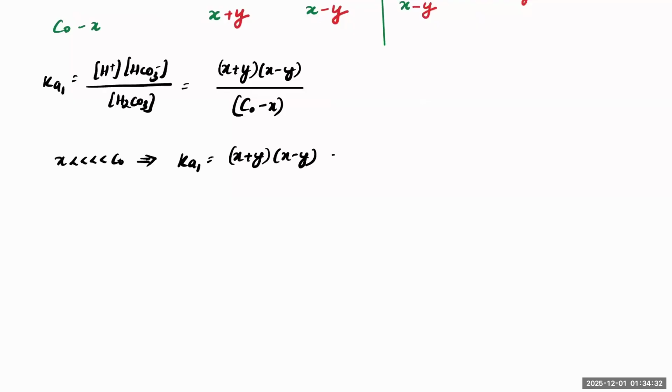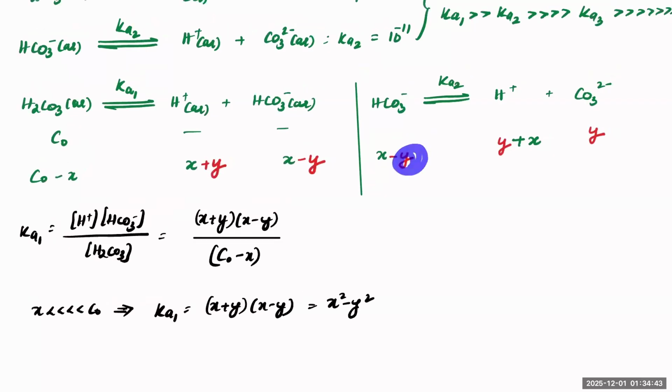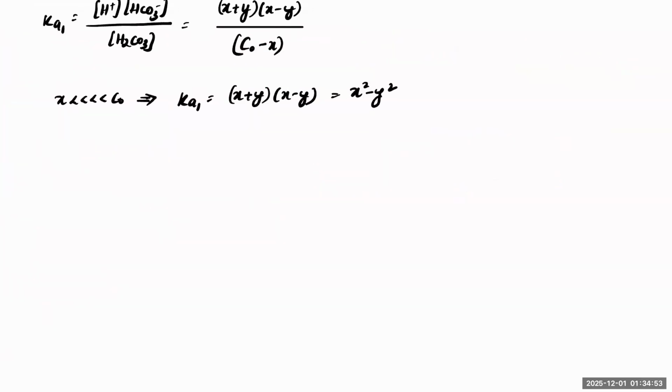And if you notice, this would only become X square minus Y square. And now check it out. See, the X value is small, but the Y value is even smaller than that. We can see the second ionization value will be very small compared to K1, which means the amount of dissociation is very, very small. So that's why, as far as JEE questions are concerned, this is what we need to take in most